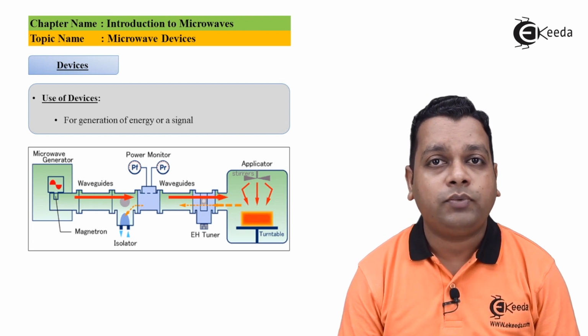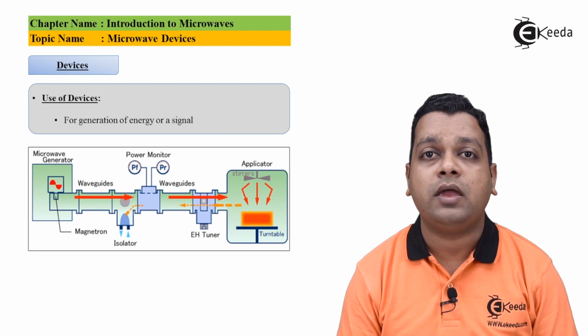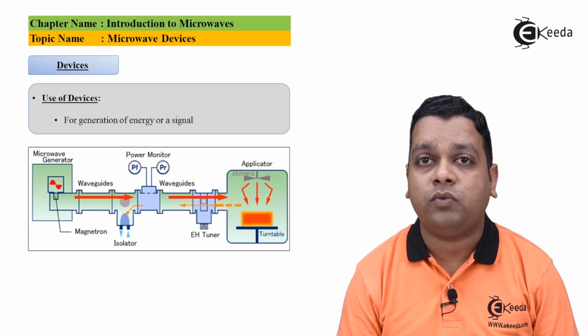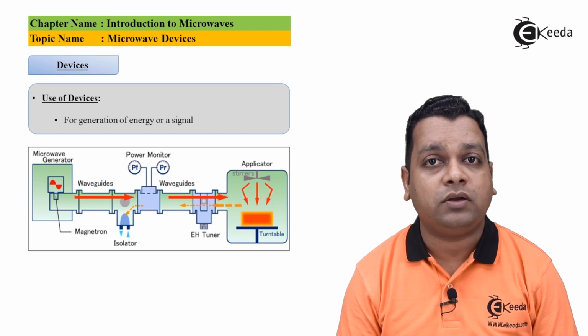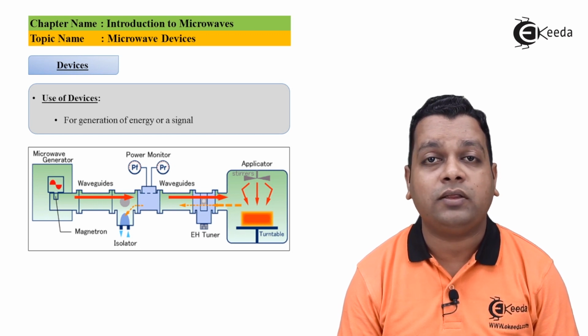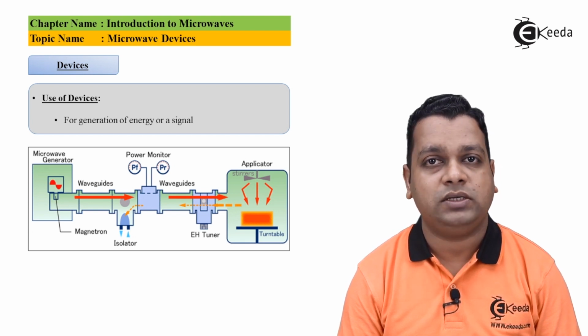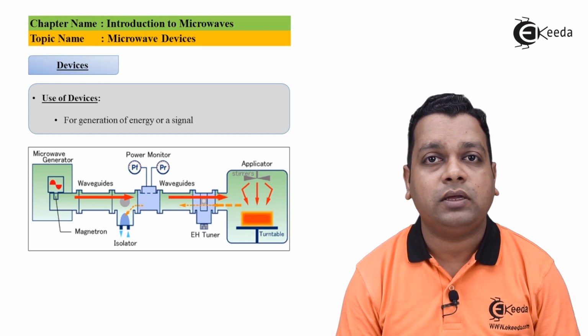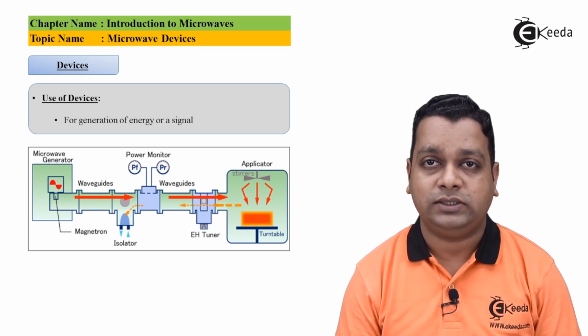After the signal is generated by the oscillator, it is carried through the isolator and the rectangular waveguide in the form of a slotted line, and then the parameters can be measured. With respect to power, we have a power meter. For the measurement of VSWR, there is a VSWR meter, or simply a frequency meter in the microwave bench here. So the basic intention of the devices is first of all to generate a signal.